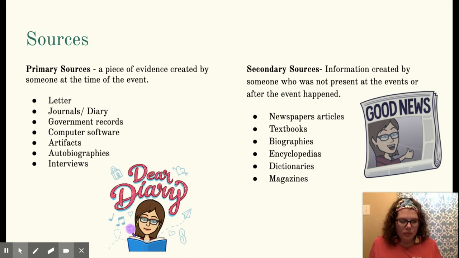Now, the most important source, the most reliable source that you can get, is a primary source from that person, from the actual event. So if we were talking about the Revolutionary War and we wanted to look at a document from George Washington, a diary entry that maybe he wrote about what was going on during the wartime, that would be a primary source. It came from George Washington himself about that time period.